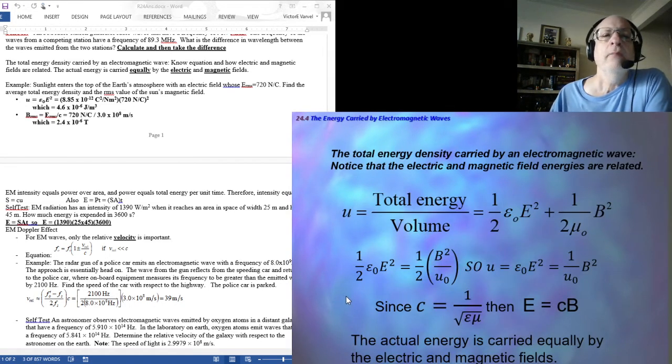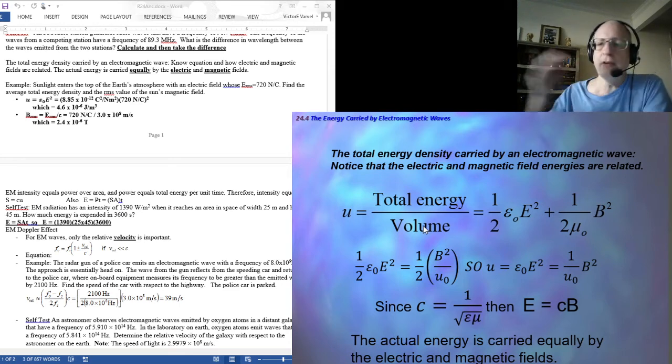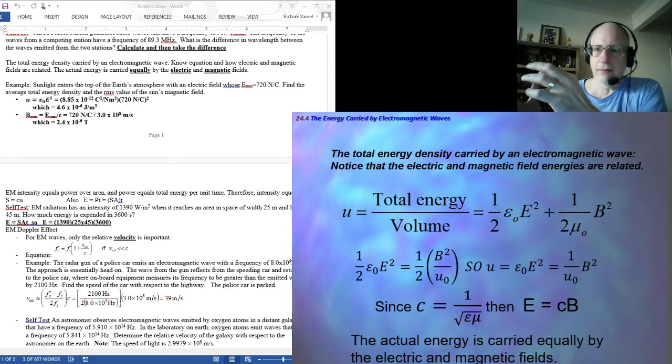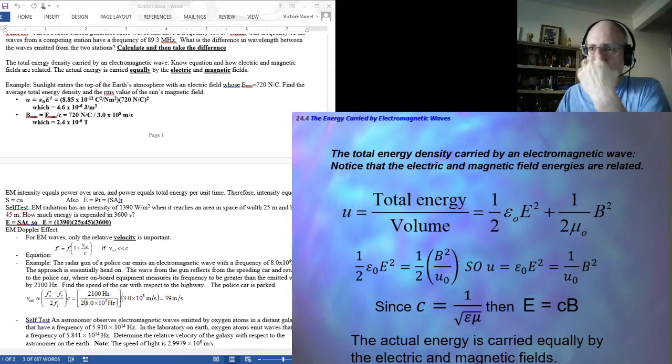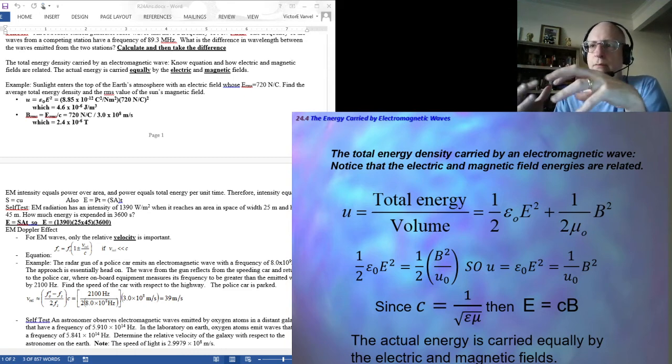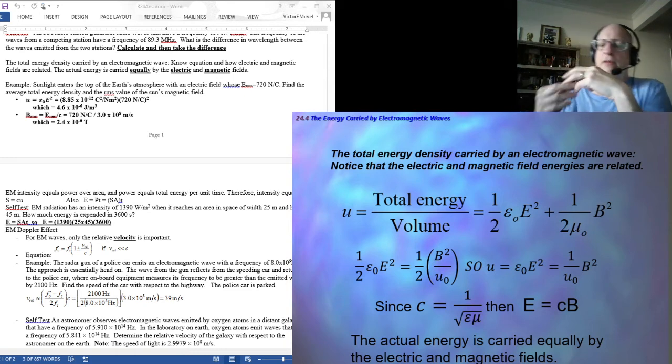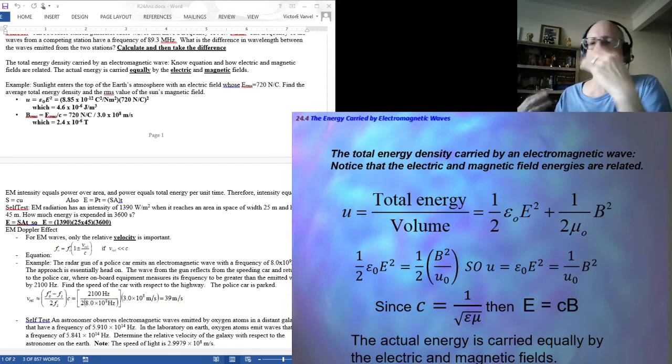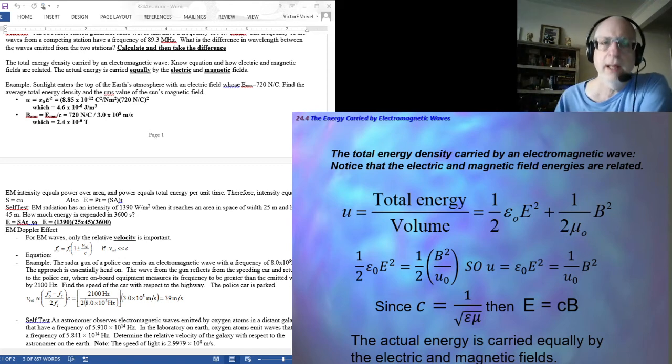Okay, so we're going to begin talking about energy density, which is basically a way of just saying how much energy I have in a given volume of space. That's energy density. Remember, energy doesn't take up space, but it exists in space. There is energy here, and energy doesn't necessarily have mass, so it's not necessarily made of taking up space, but it's there, right? Energy exists within a volume, and the energy density is basically the total energy divided by